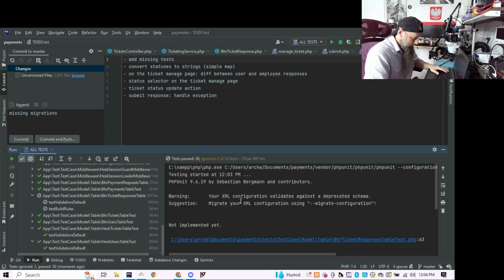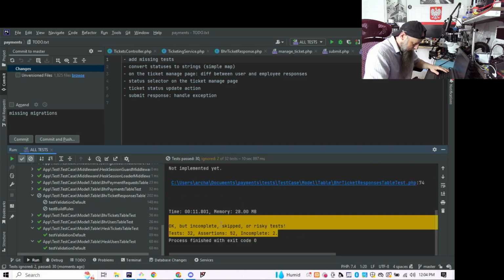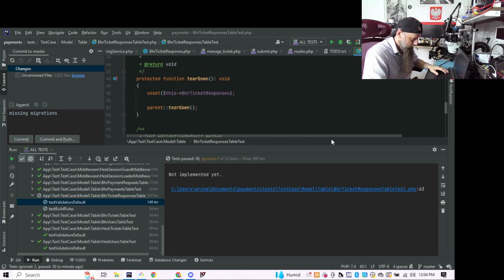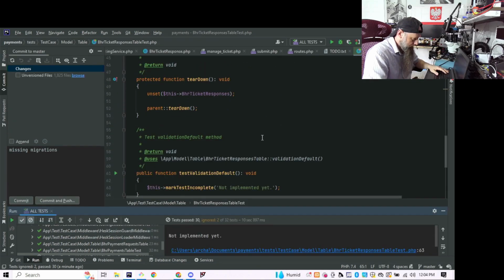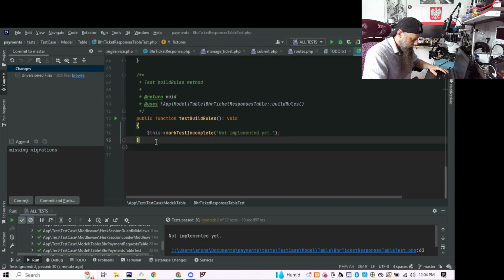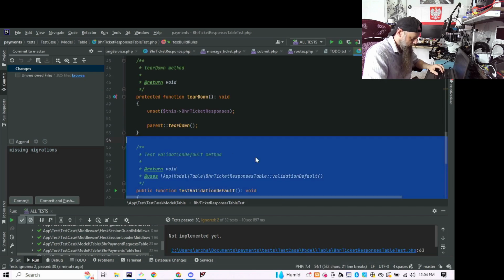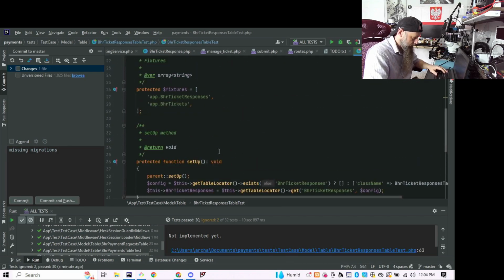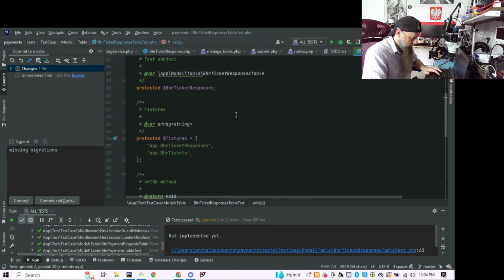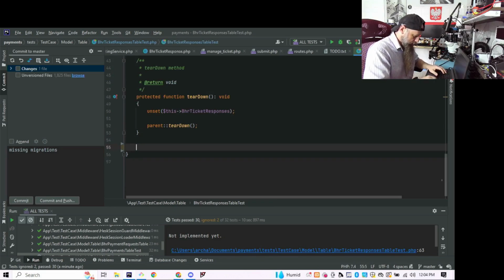So first, we have two tests that were ignored. Validation default over here. Is this added to the repo? It is. So let's quickly fix the tests that are failing or not existing. So in this case, to satisfy this one,